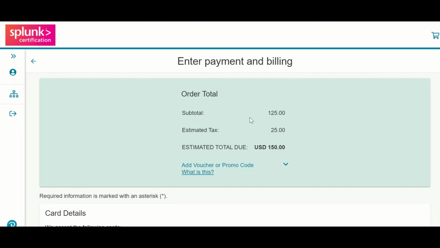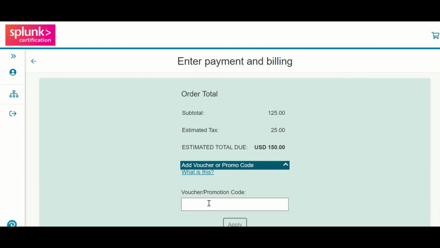Once you accept it, it will show you this screen where you need to click on add voucher or promo code. On this you need to type "study up buttercup", study up and buttercup.